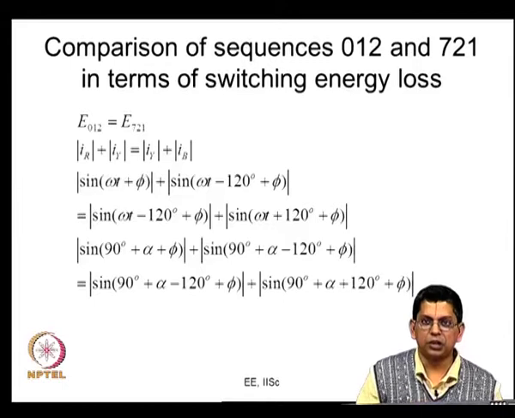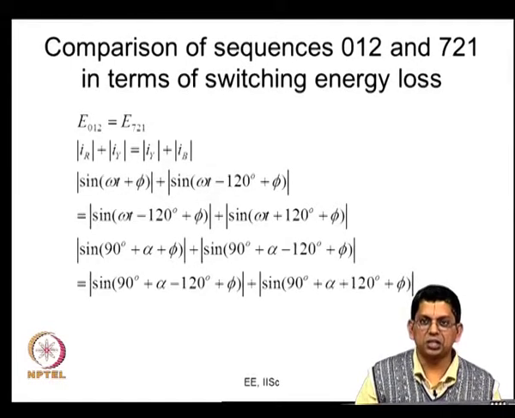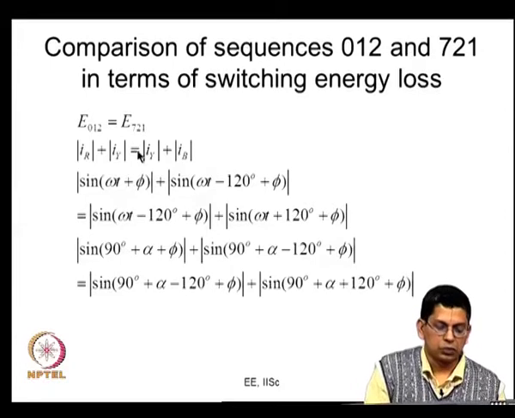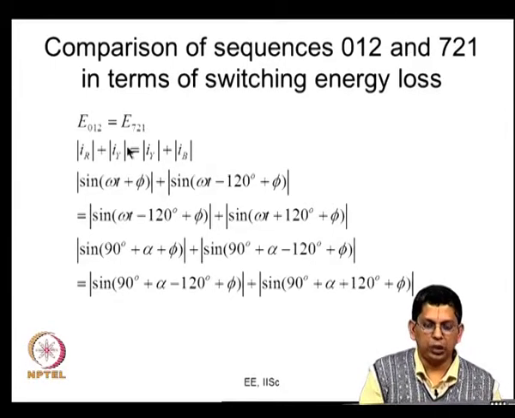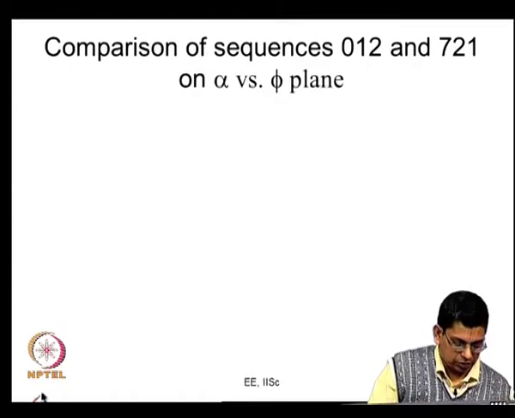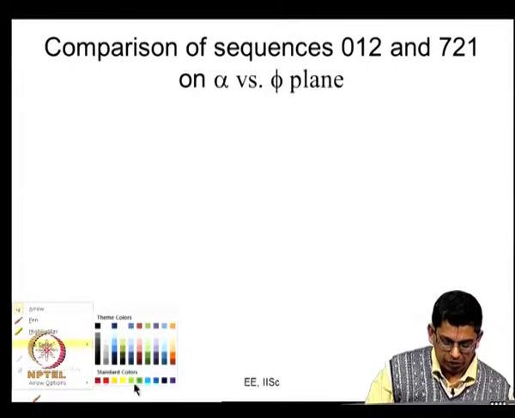This is the basis by which you can arrive at a particular PWM method, which will result in the lowest switching loss at a particular power factor angle. This is a discontinuous PWM method. So, this can help you. So, you can compare these two sequences now. So, you can actually represent it like this. What you are trying to do is, let us say